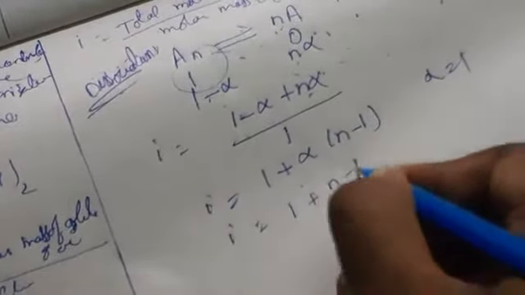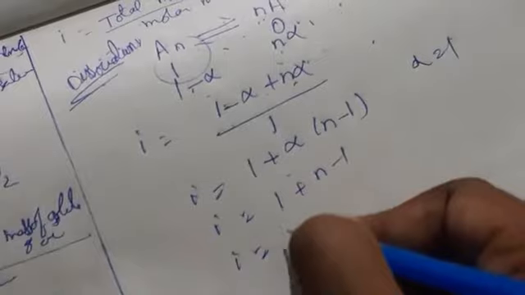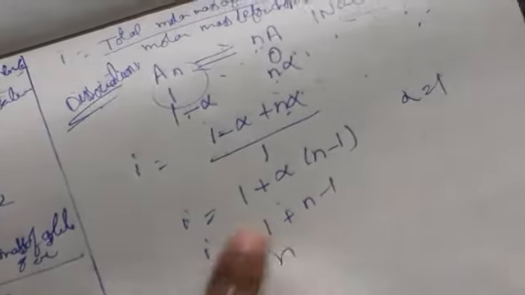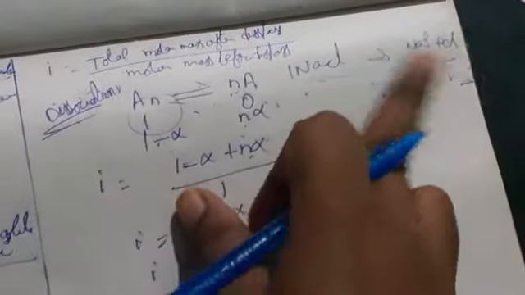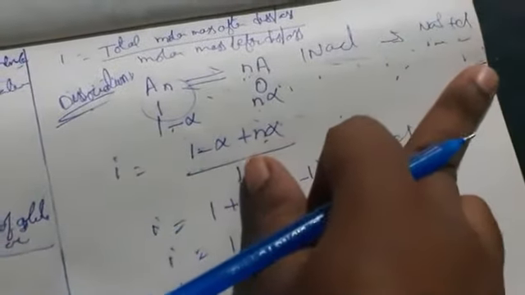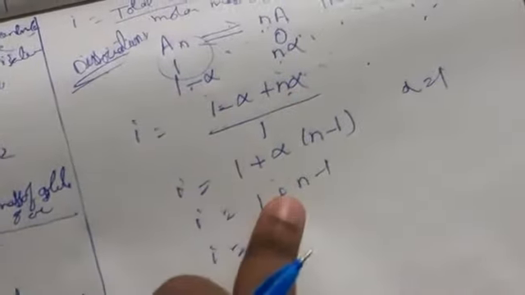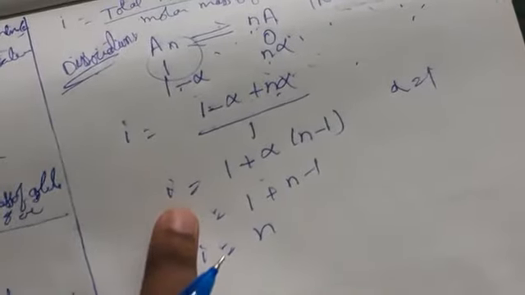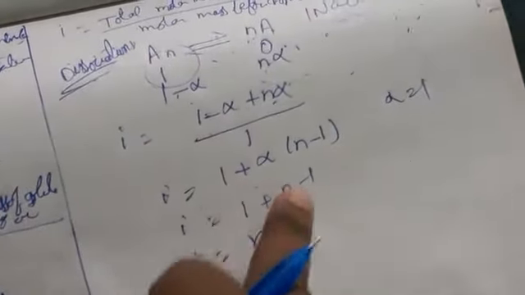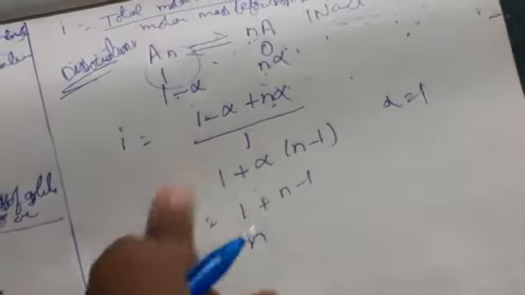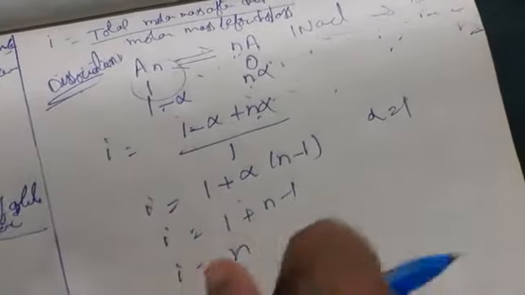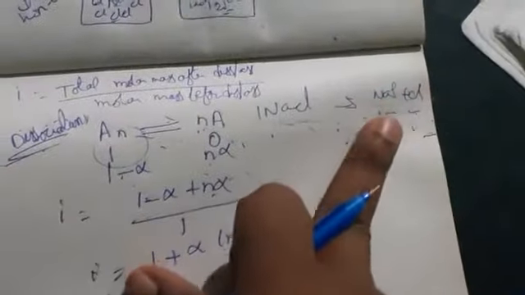1 plus n minus 1, i is equal to n. So n is the number of moles. Here for NaCl I am taking 1 mole, so it is equal to 1. If it dissociates into 2 ions, we get 2 moles, so i is equal to 2. If n is equal to 2, i is equal to 2, and if n is equal to 3, i is equal to 3. So this is nothing but the dissociation. For NaCl, it is dividing into 2 ions.